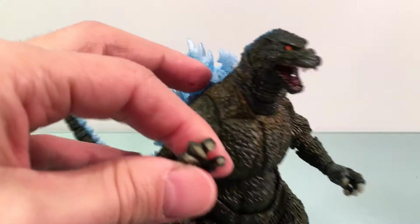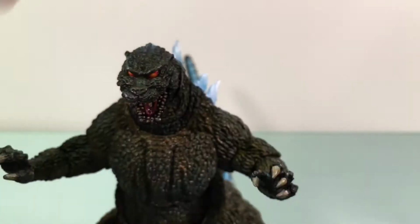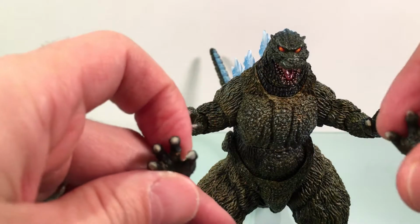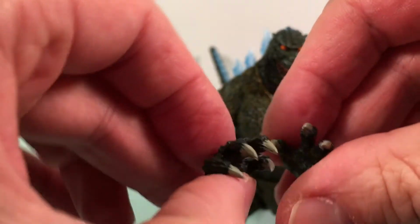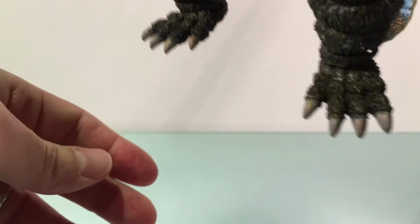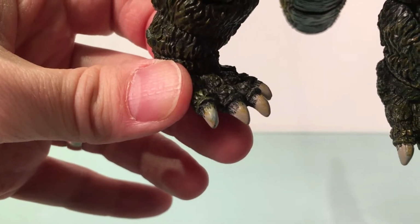Let's do the nails next, and then we'll move on. Nails on the hands look good. Oh, and speaking of which, I forgot. The only other accessory that this Godzilla comes with is a little bit more open hands, where the paint is not so hot on these, as far as the nails go. So, there's that. I will be keeping these on there because both nails look good there. And the toenails are decent. They don't look bad,